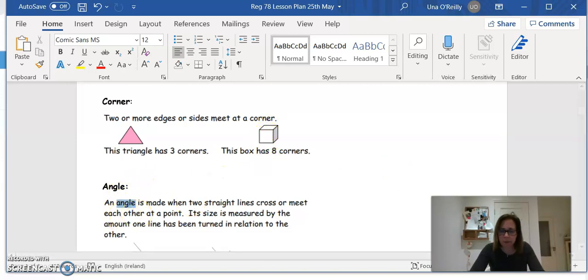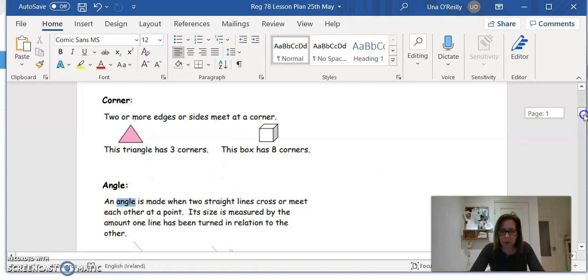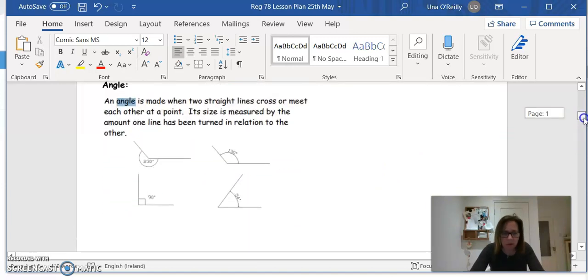An angle, okay. Angles we haven't spoken about much, but let's just talk about them briefly. It's a little bit hard to see this, but an angle is made when 2 straight lines cross or meet each other at a point. Okay, so one line here and another line here. They meet in the middle, okay? And you can measure the size of the angle by figuring out how much one line has turned, okay, in